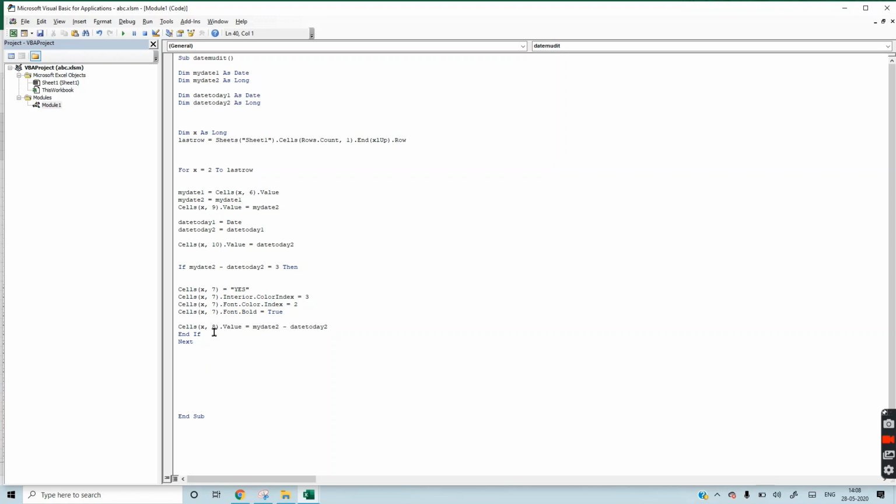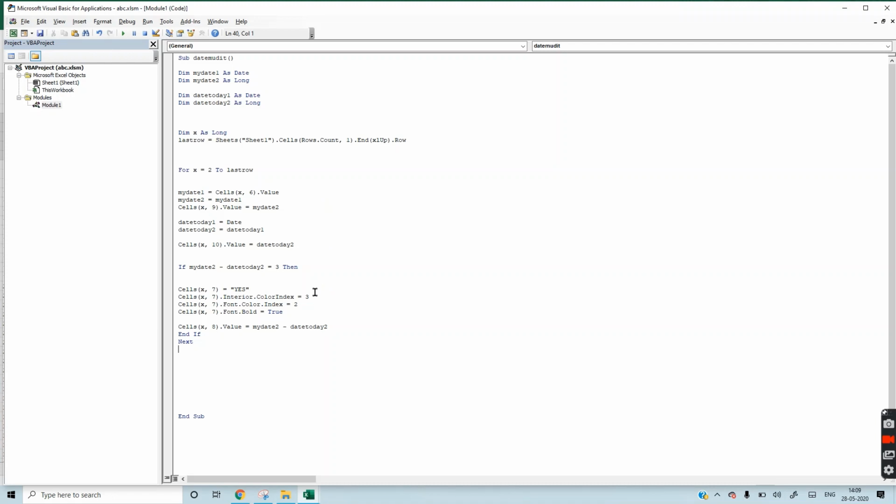We have started with if, so it is necessary that we close the statement with end if. Next we have written next to create the loop. First of all, we will run this code to see if it is working or not.